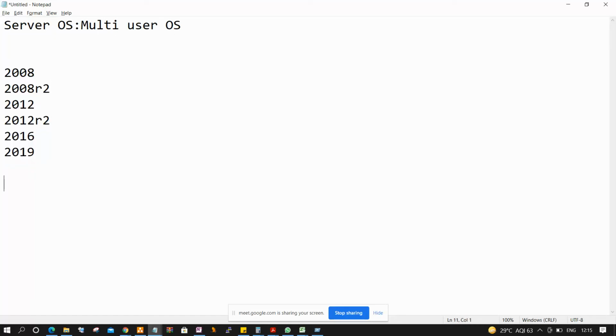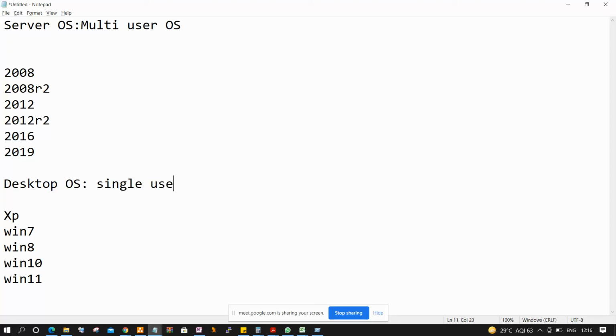We also have desktop operating systems, desktop OS, like Windows XP, Win 7, Win 8, Windows 10, Win 11. Recently it is launched. Windows 10 also recently launched. These all are desktop operating systems. Either directly or remotely, only a single user can connect.